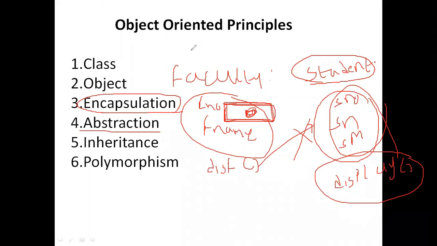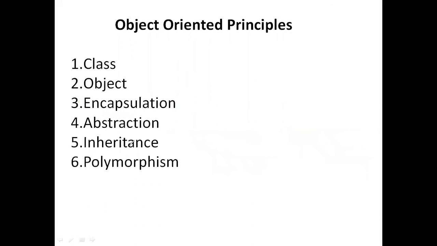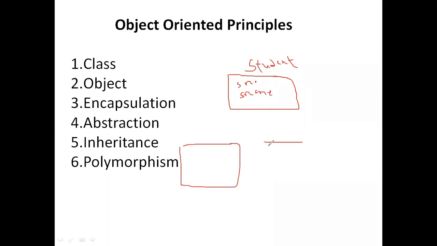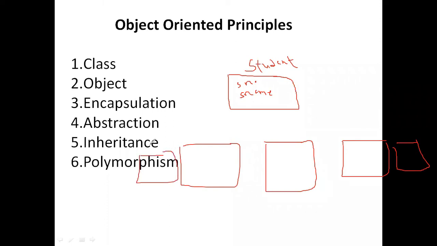The next one, inheritance. Inheritance is nothing but acquiring the properties of one class into another class. For example, this is the class student. The student class contains student number and student name. Now, the same student class is going to be inherited in all the department classes. For example, these classes are related to department: civil, ECE, EEE, CSE,